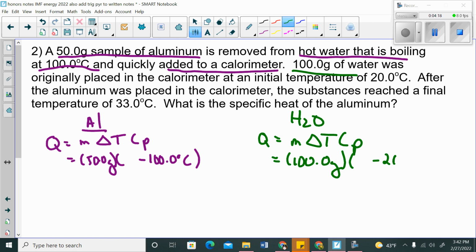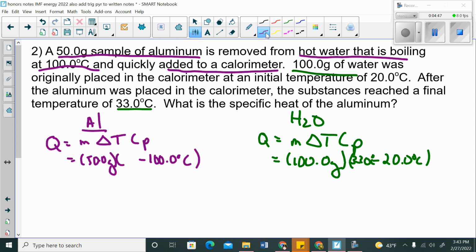After the aluminum was placed in the calorimeter, so you take the aluminum out of the hot water, you add it to a styrofoam cup that has roughly room temperature water, and you place the aluminum metal in, what's going to happen is they will both reach a final temperature of 33 degrees Celsius. So I'm going to put that here,